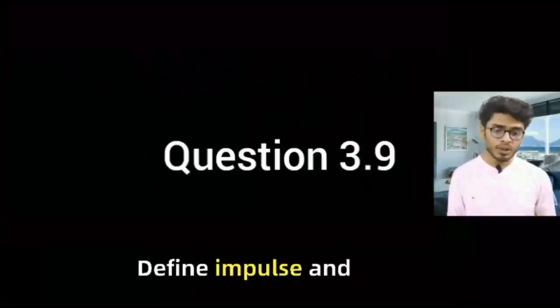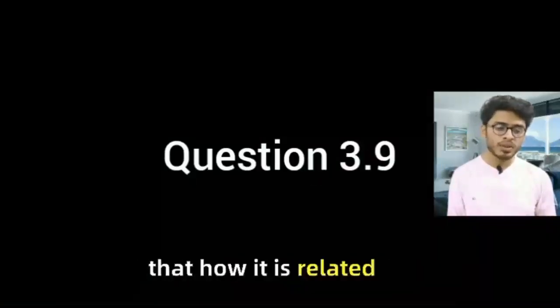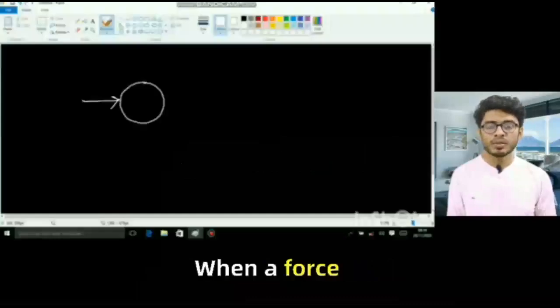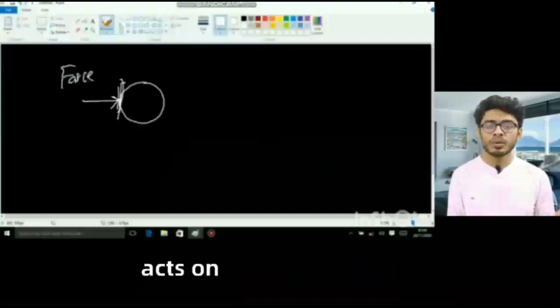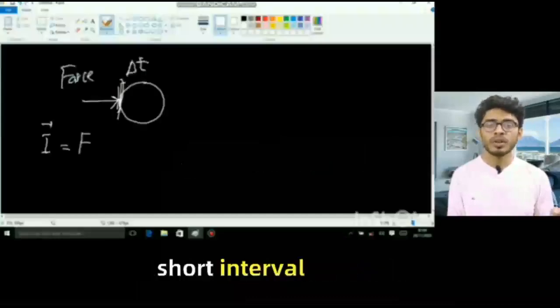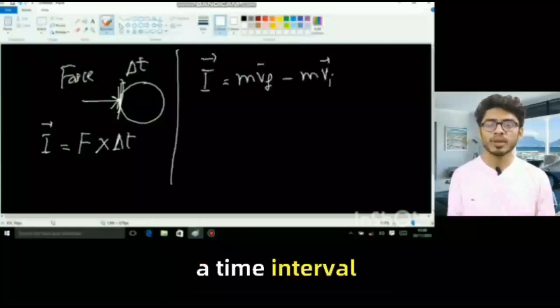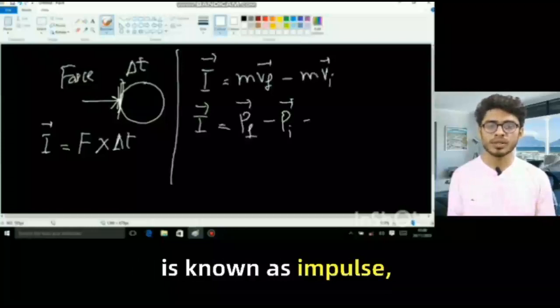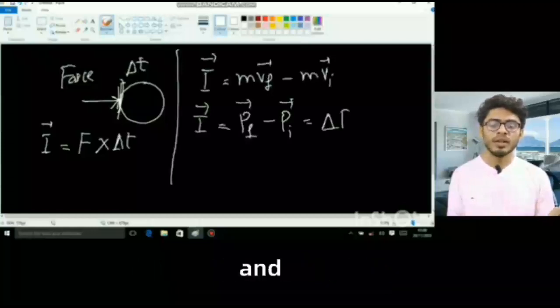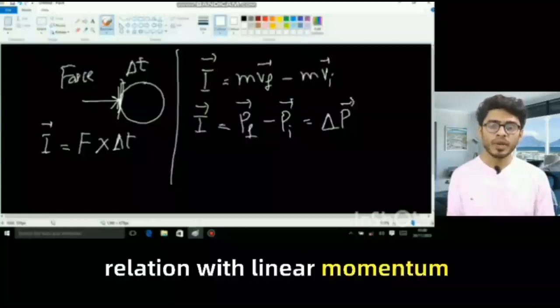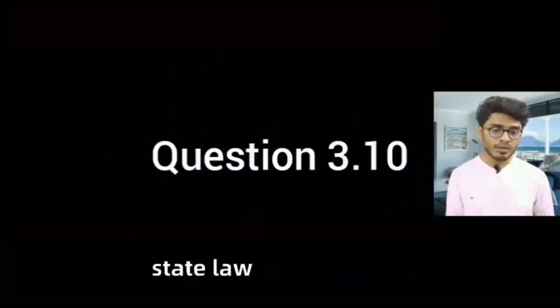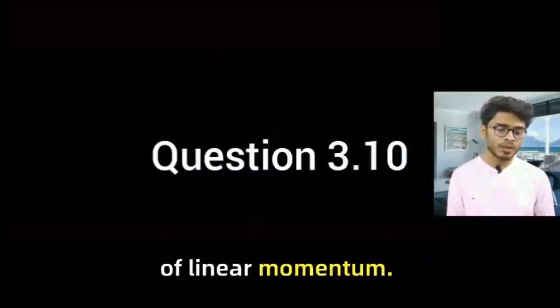Define impulse and show how it is related to linear momentum. When a force F acts on a body for a very short interval of time, then the product of force and time interval is known as impulse. And its relation with linear momentum can be given as,